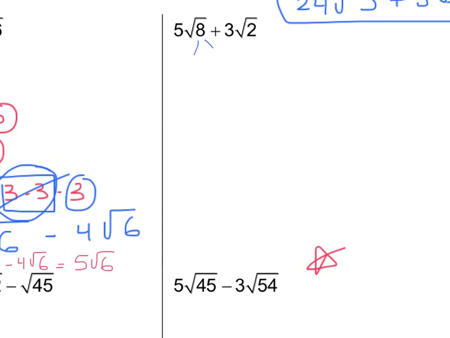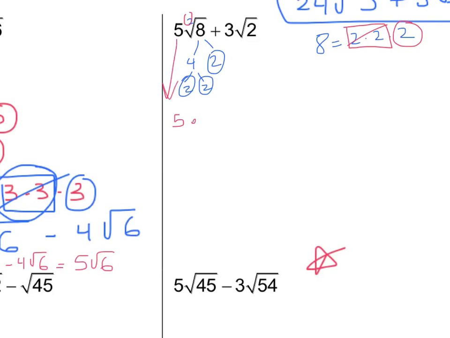8 is 4 times 2, and 4 is 2 times 2, so you can see that 8 is 2 times 2 times 2, so those 3. The index over here is 2, so groups of 2 would leave the building. So we have those 2, because there's a 2 over here, so this will leave the building, and this would stay inside the radical. So there is already a 5, don't forget to copy it down,